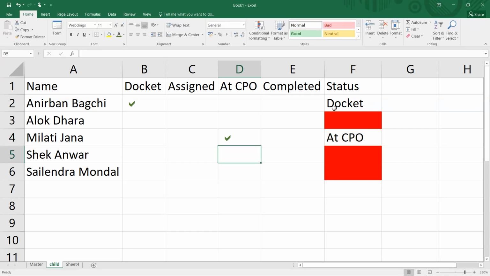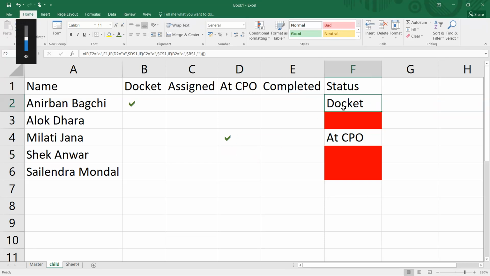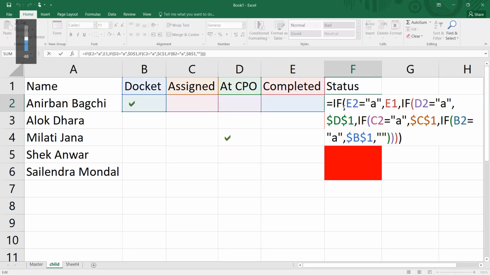Before ending the video, I would again like to explain this particular function I wrote. So this will be the cell based on this value. If there is no value in here, then this value will be shown, then this value, then this value. So I'm starting from the end. If E2 equal to A, now if I am dragging the formula all the way down to the cells below it,